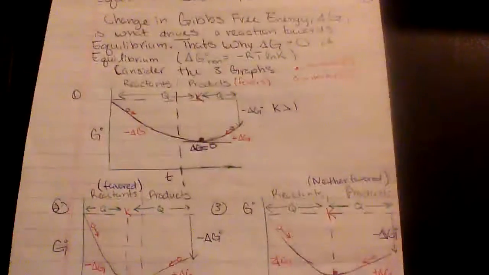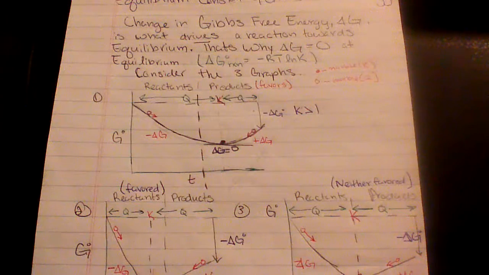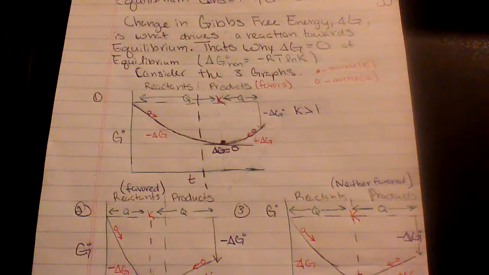So, I'm going to move forward. Well, let's think about this for a second, actually. If K is at equilibrium when delta G equals 0, then you can say that